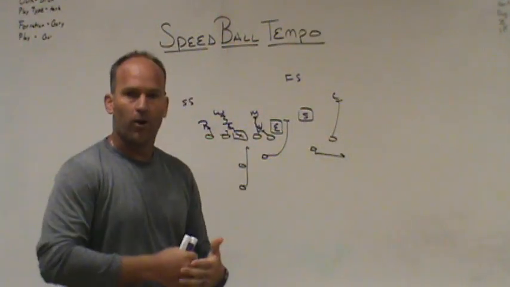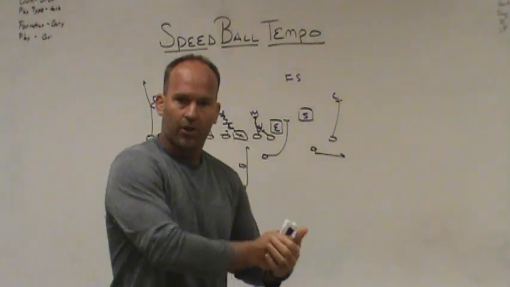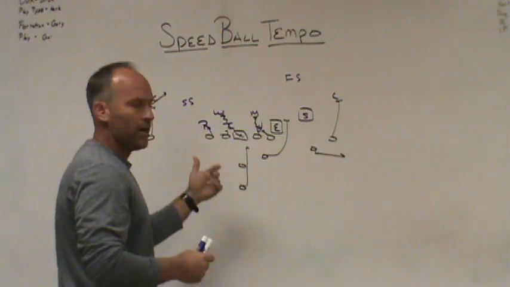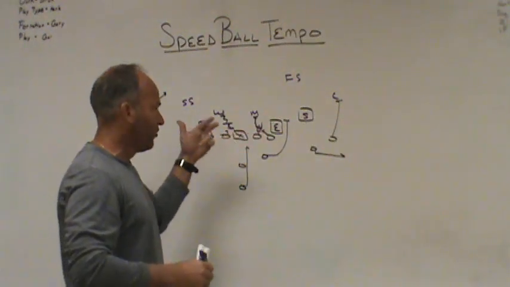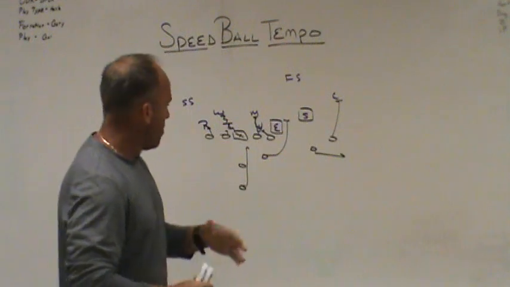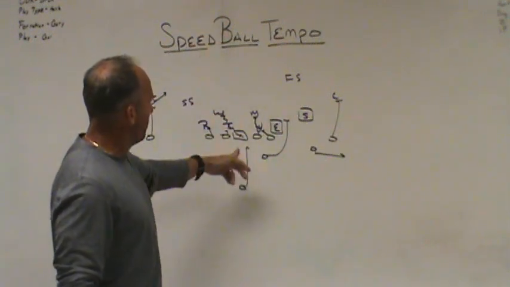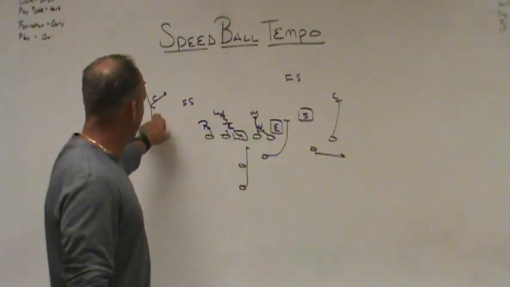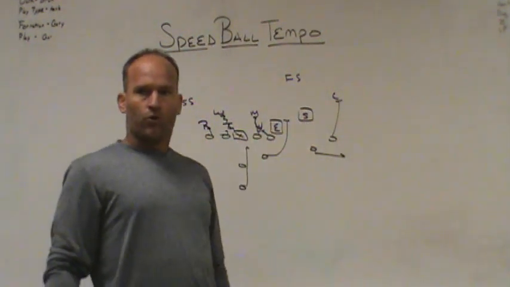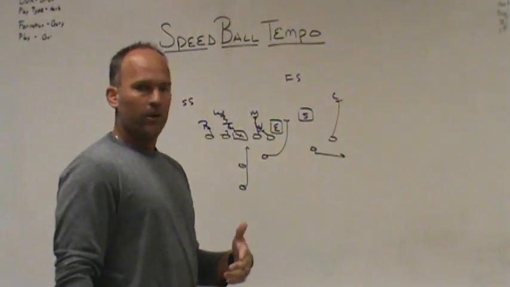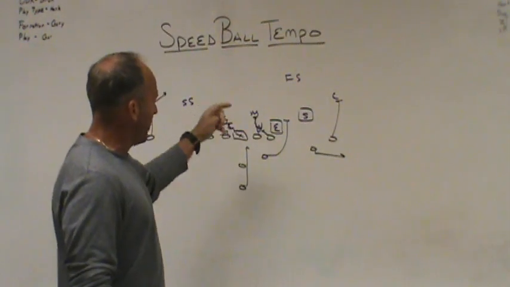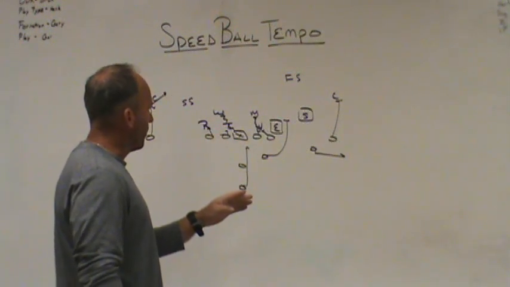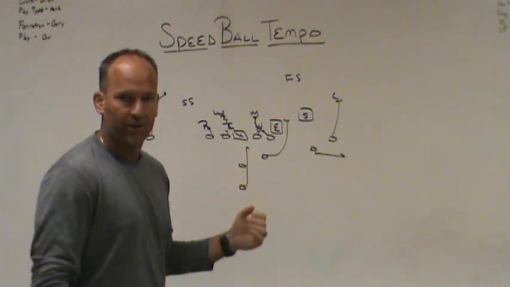Okay, so it's not like we're running power, counter, toss every single time, and it doesn't matter what the defense does. We have given the quarterback a play that gives him different opportunities to do different things with the football. So we come out and we run the Zier play, and we're going to read C-gap to alley defender here, but we also have an access throw built in on the backside. So now what happens when we're trying to speedball, we want to run this play as fast as we possibly can, and in order to do that, we have to give the quarterback some answers to what the defense is going to do.